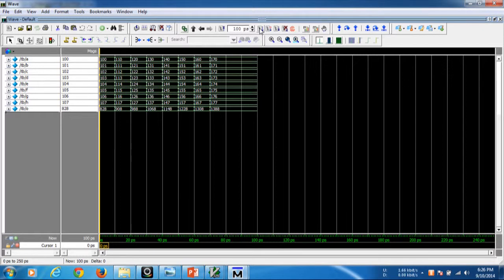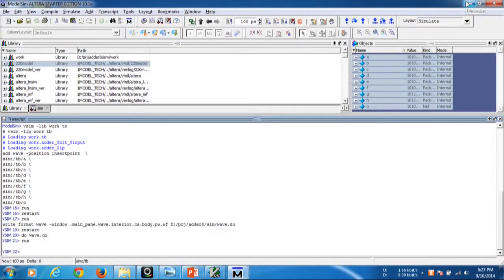There is no need of typing all the commands we have discussed. Just run do wave.do and press enter, and it will display the result of our project, which will be helpful while demoing our project.